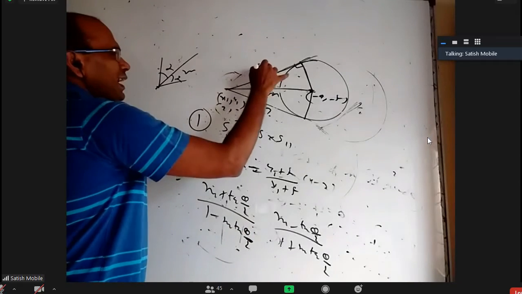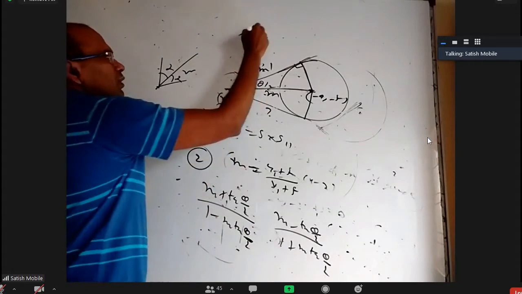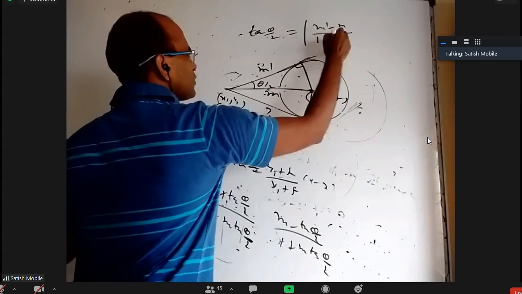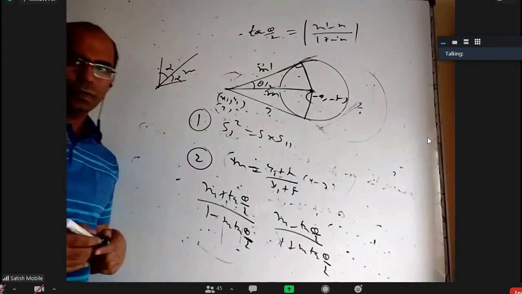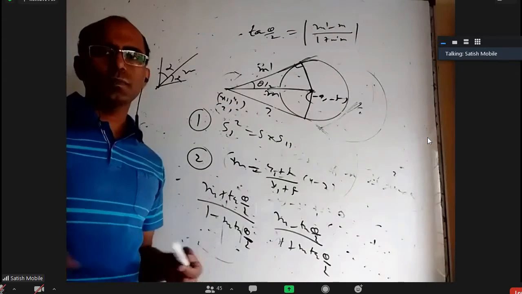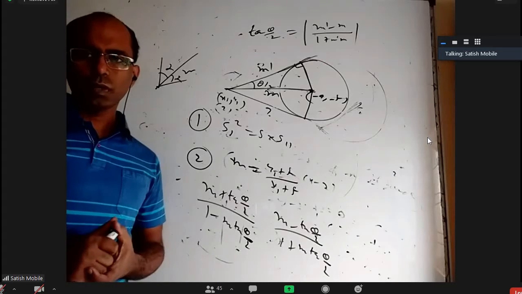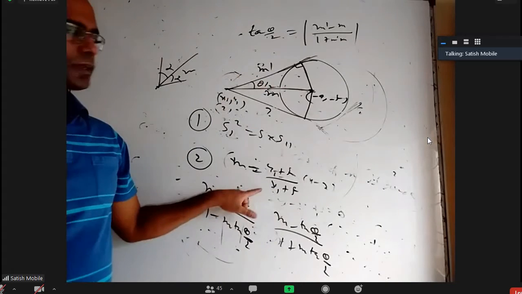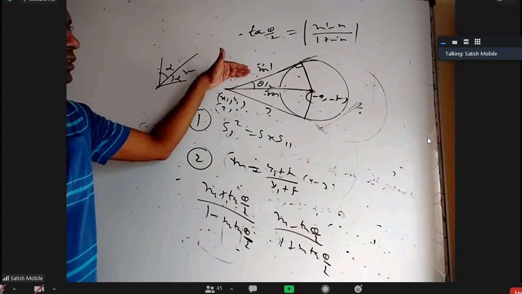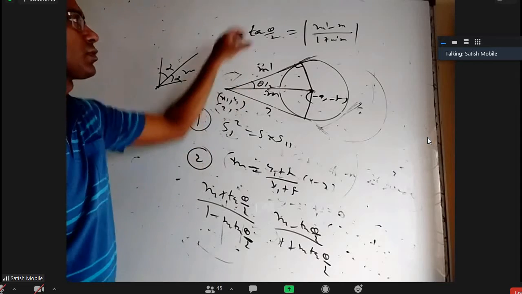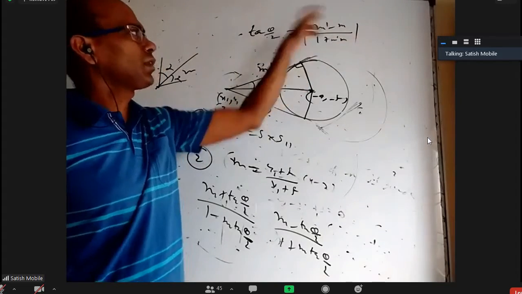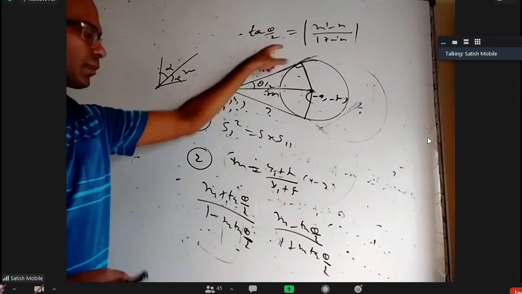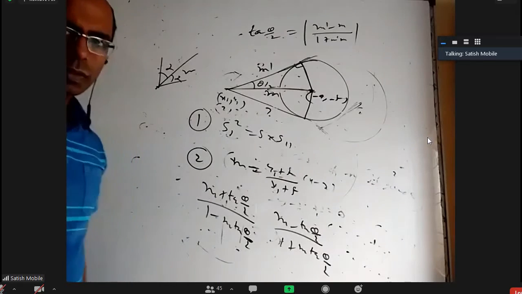If you don't want to use this, you can do one thing. Assume this slope is m dash. What is the angle between the lines formula? tan theta by 2 equal to mod of (m dash minus m) by (1 plus m dash into m). Whenever the two line slopes are m1, m2, tan theta equal to mod of (m1 minus m2) by (1 plus m1 m2). That is this formula. You know this slope by using (y2 minus y1) by (x2 minus x1). This slope I don't know, you call it m dash, but I know tan theta by 2, which is r by root s1. So substitute this, substitute m. When you solve this, you'll get m dash. In fact, the two answers you get from this are exactly the same as this one. Is that okay?